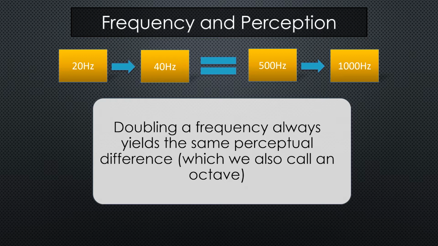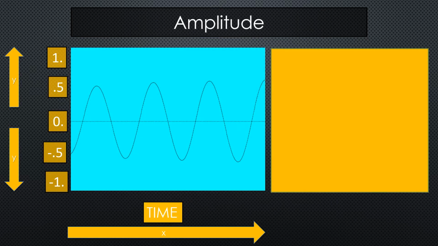When we double a frequency, we are going up one octave. But the idea of moving from 20 Hz to 40 Hz is only a difference of 20 Hz. Moving from 500 Hz to 1000 Hz, that is a difference of 500 Hz. Yet we are going to perceive those distances as equal. So it depends on where we are in the frequency spectrum. So when in doubt, remember that doubling of a frequency will result in the same perceptual difference between that frequency and another. Let us then turn our attention to amplitude.